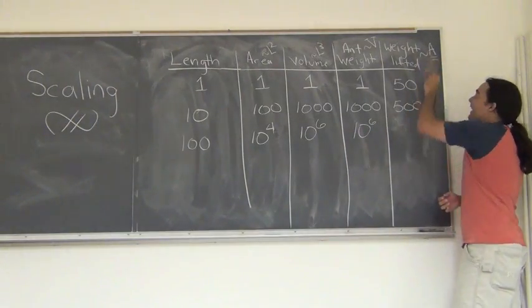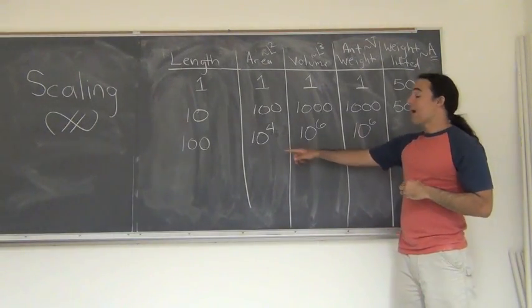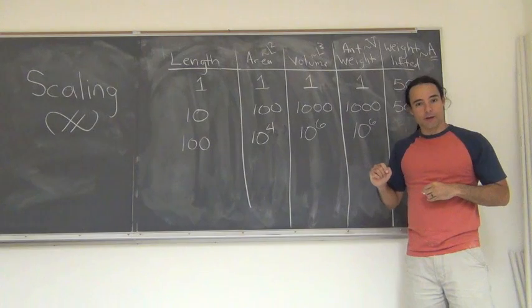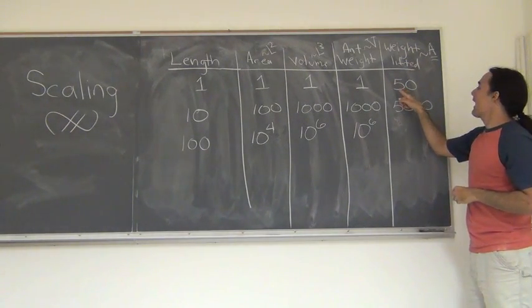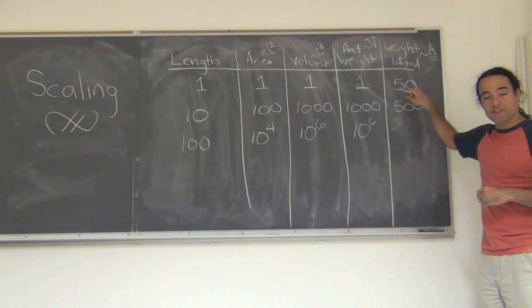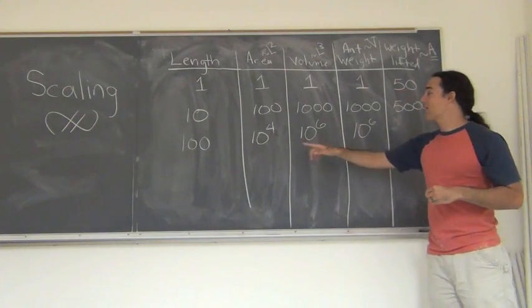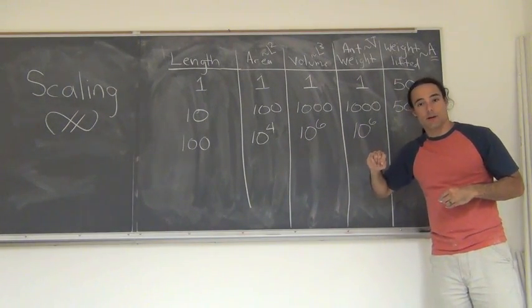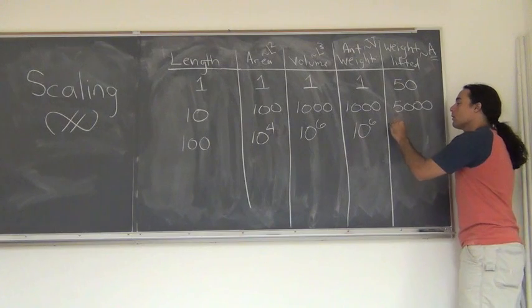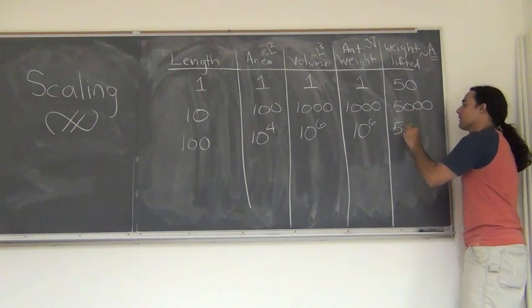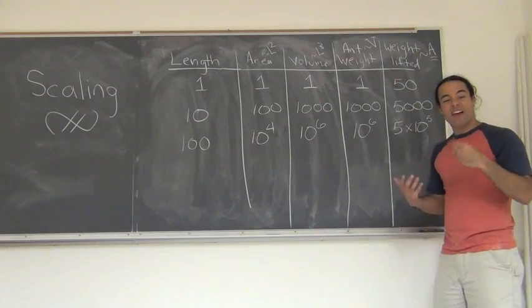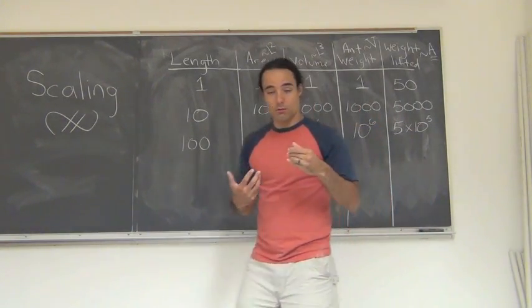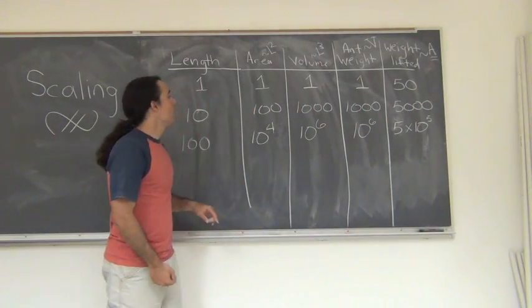Here we are, we're scaling as the area. My area is 10,000 times bigger than it was before. Before, we could lift 50 times our own weight. Now I've got to get 10,000 times bigger. So now, the ant can lift 5 times 10 to the 5, 500,000 times more than it could when it